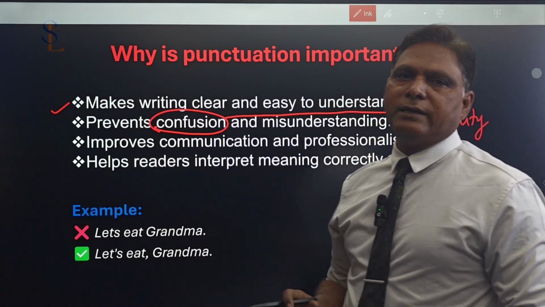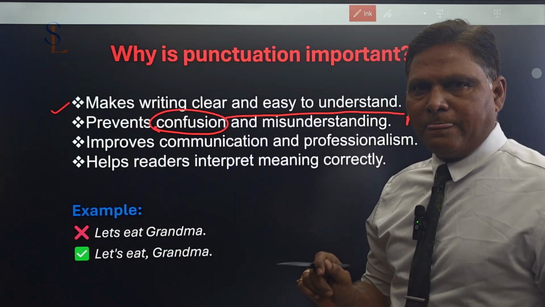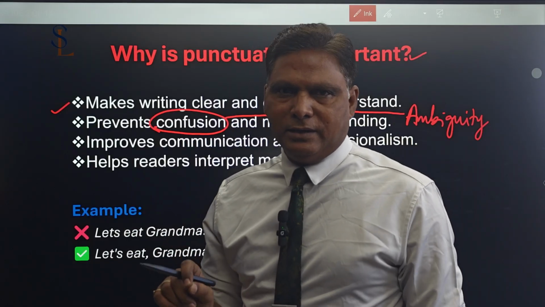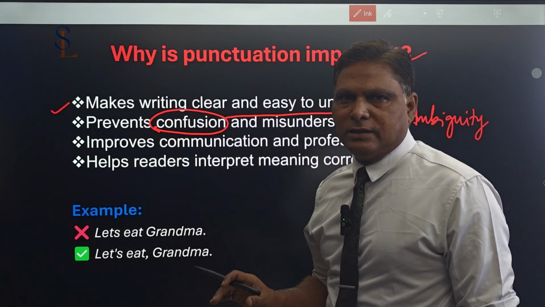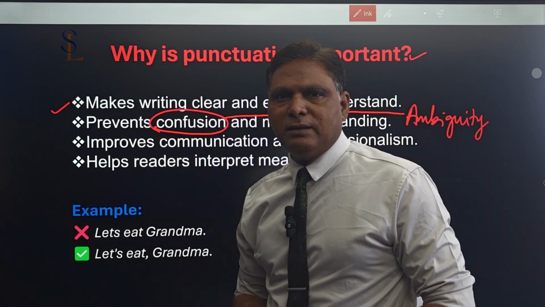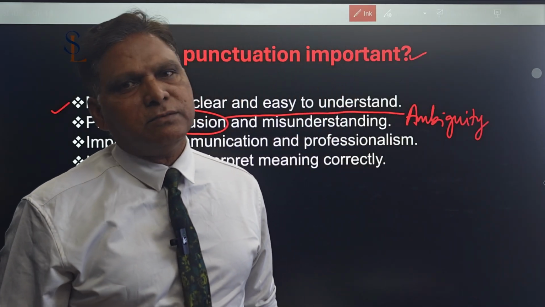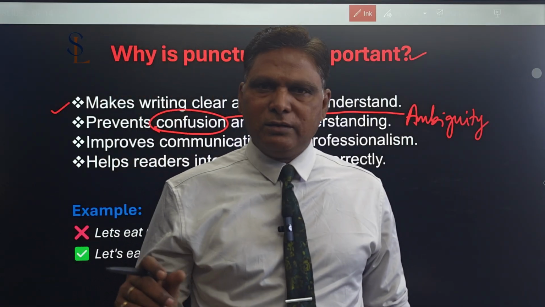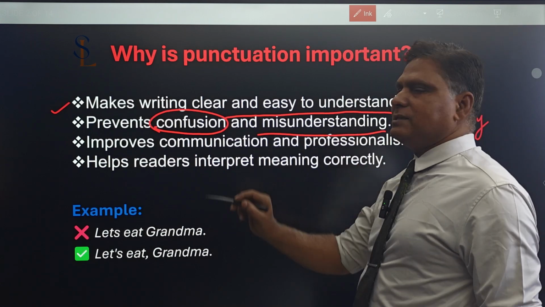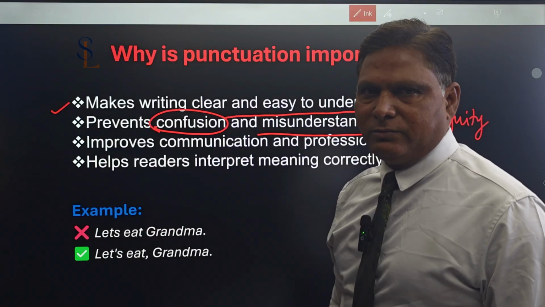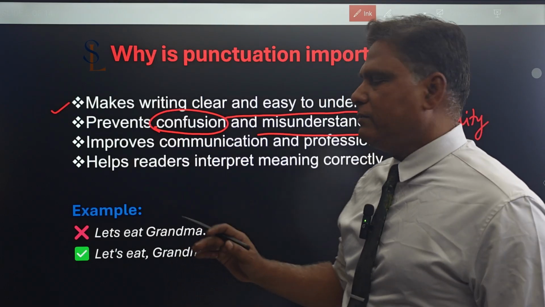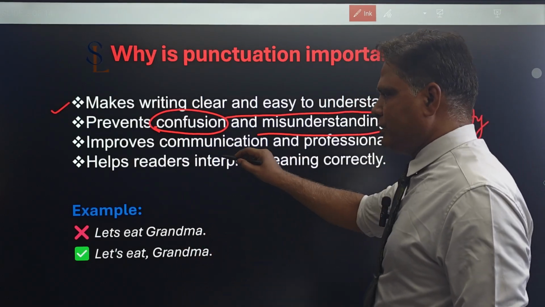But whenever you communicate without any punctuation marks in writing, or without pausing in speaking, there is confusion. A comma is a short pause, a dot, period, or full stop is a long pause. So whenever you are using punctuation marks in writing, you express it through a symbol, but whenever you are speaking, these punctuation marks are represented by a small or a long pause. So that prevents confusion and naturally misunderstanding, as you can see in the example that I have just given you. Let's eat, grandma. Shall we both eat, grandma? No. We are inviting grandma that we shall eat food together.